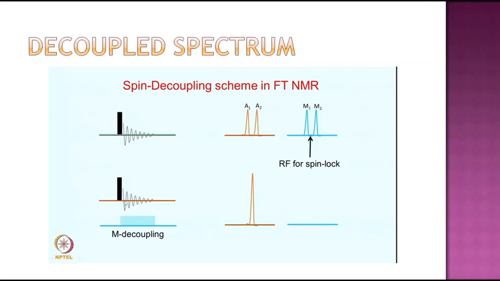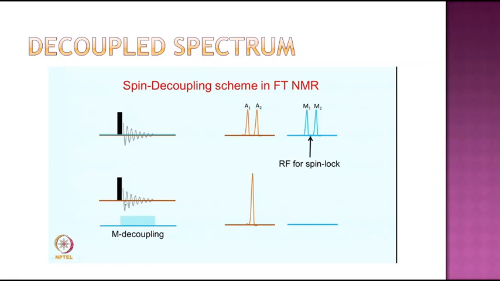How are they doing it? During relaxation, a proton actually couples with the other signal. If one proton is not allowed to relax, and a strong radio frequency pulse is given separately to that proton, then another proton will not couple with it, and that will give a signal as a singlet.